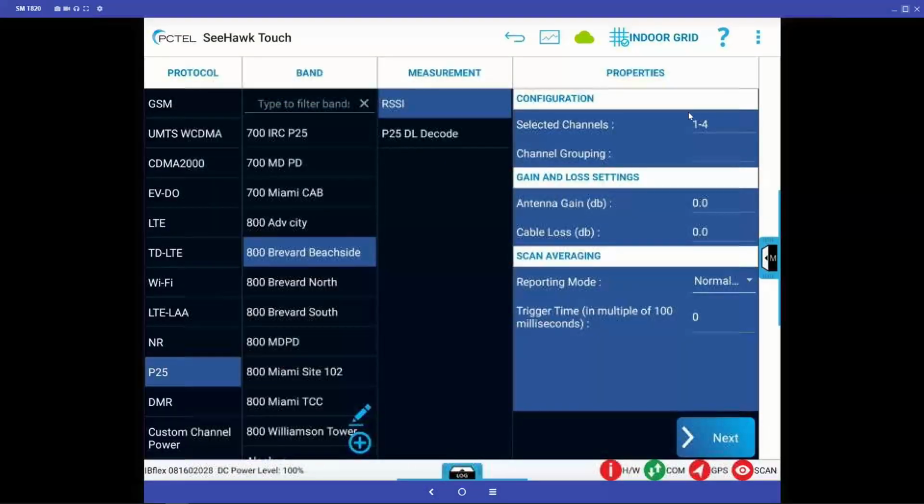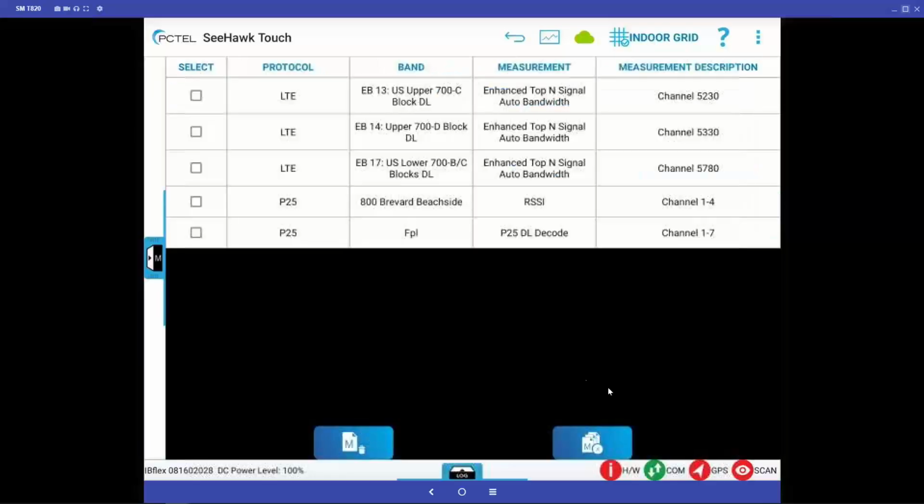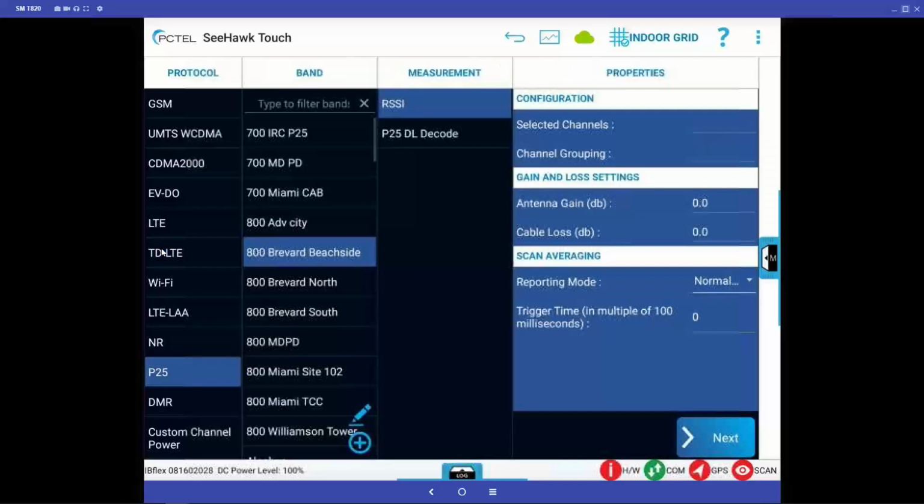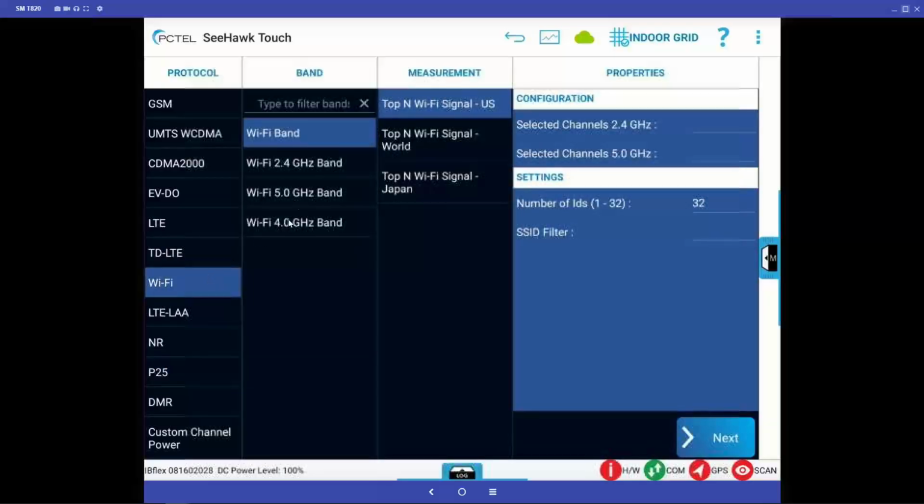Now, let's start with Wi-Fi. I'll start with that. So first thing I'm going to do is I'm going to delete everything off of here. I've got my Wi-Fi dongle on, and there's 2 things that we do for Wi-Fi, and I like kind of doing them in steps. You don't have to, but one of the things I like doing is my Wi-Fi band and